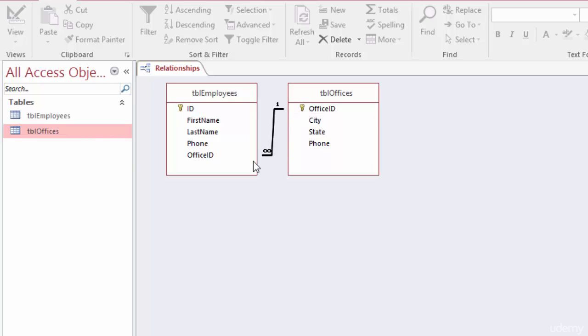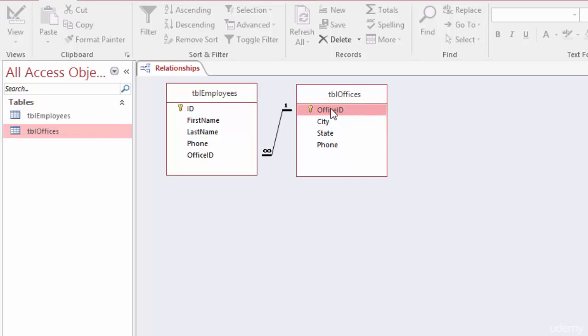And a couple more notes on what you're seeing here. The first thing you'll notice is there's a little 1 up here, and there's a little infinity sign here. This indicates that this is what's called a one-to-many relationship. And there are 3 types of relationships that I want to tell you about. The first one is a one-to-one relationship. That would essentially be one item linking to one item. And we're not going to go into that because you don't see that very much in Access. The second type is the one-to-many relationship. And this is the type of relationship you'll see a lot. And this is the perfect example of it right here, because we have one office ID can apply to many